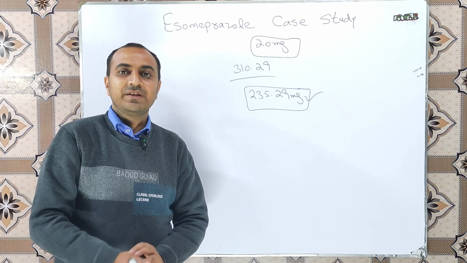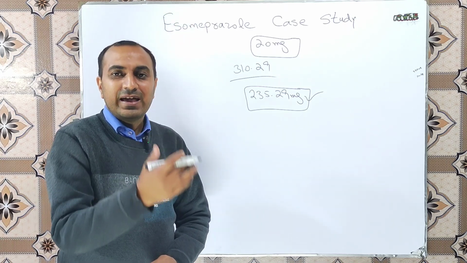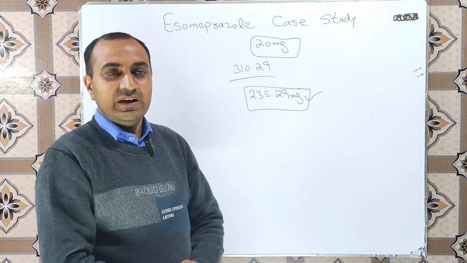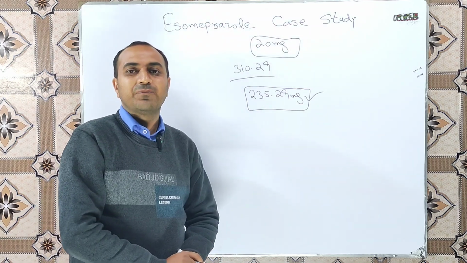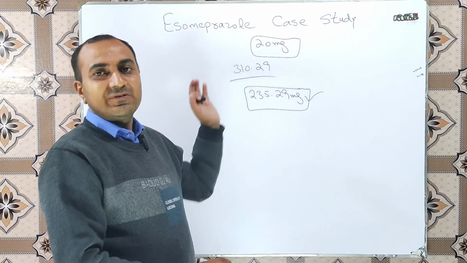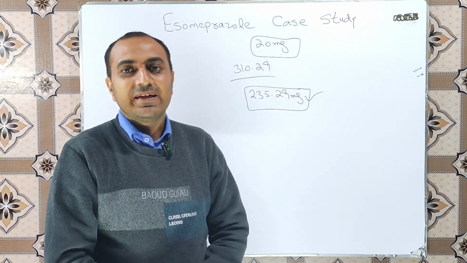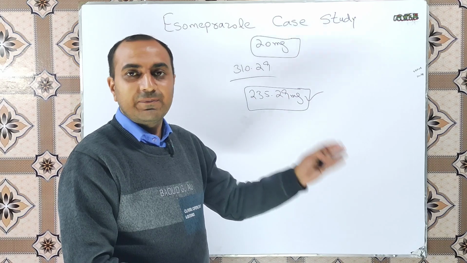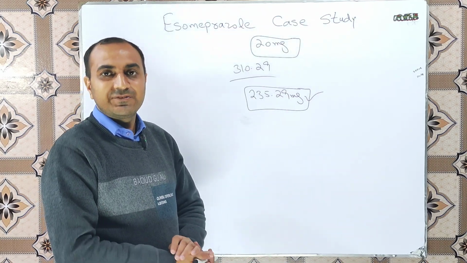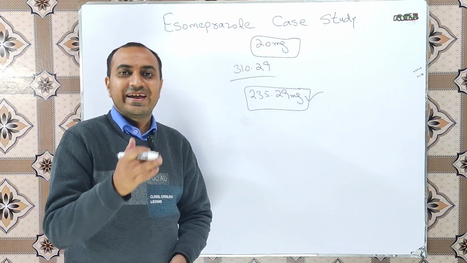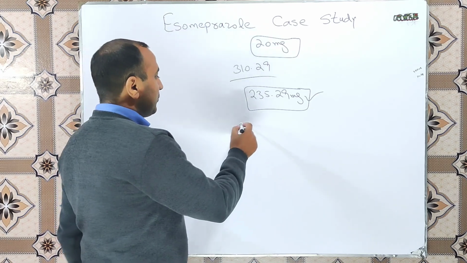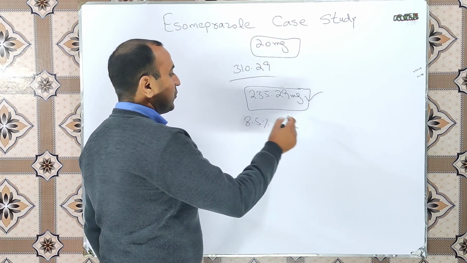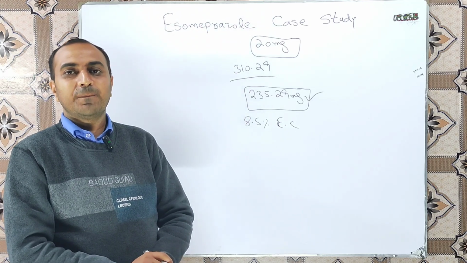He said yes. So in this video we will help the pharmacist to learn why we are filling 235.29 milligram pellets of esomeprazole in a 20 milligram capsule. First of all, we check the label claim, and the pellets drum clearly has the label 8.5% enteric coated esomeprazole pellets.